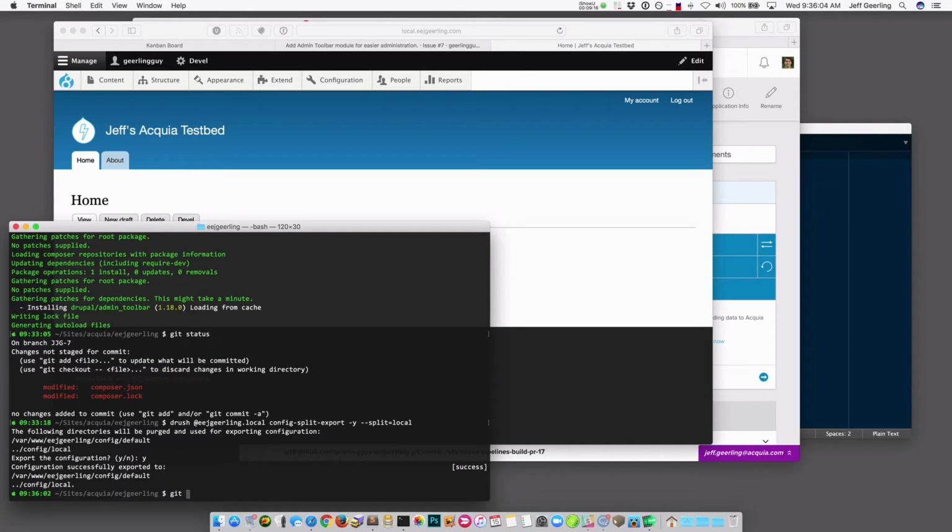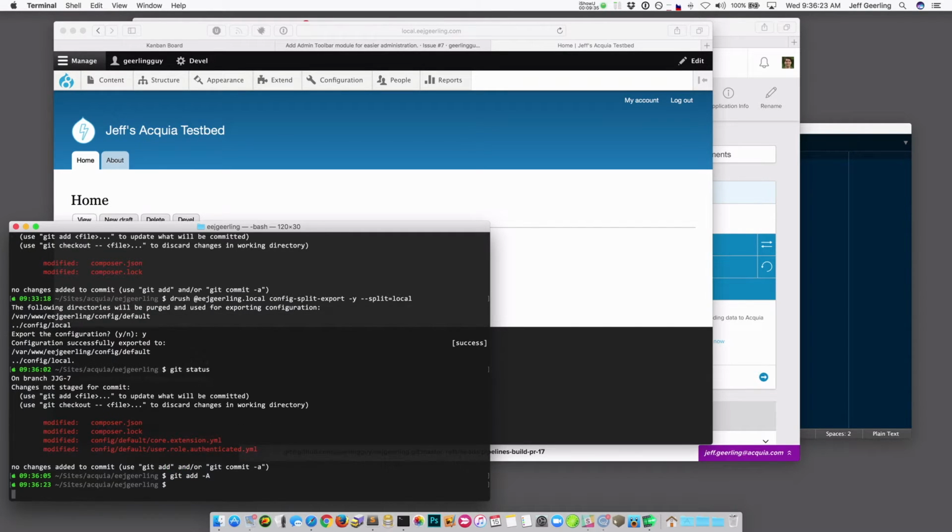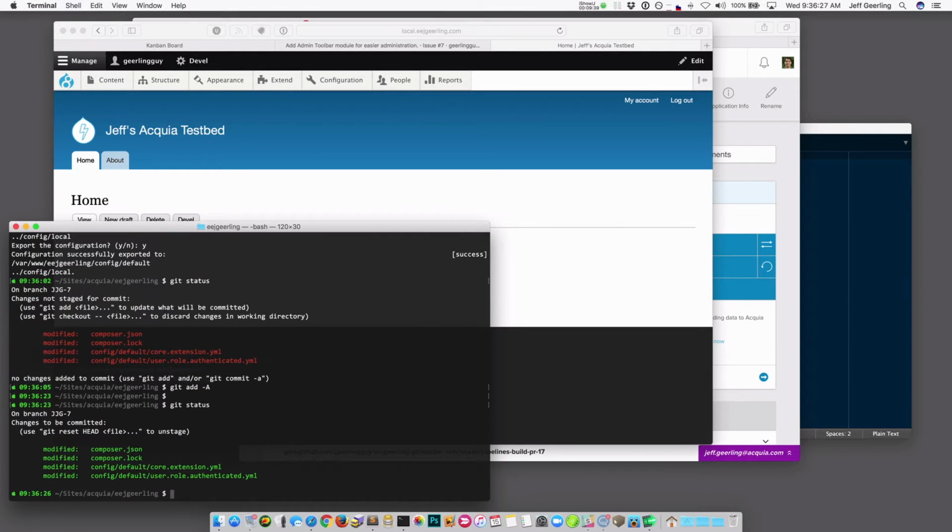And if I say git status, it should show a few changes here. So one is it enabled the module in core.extension.yml, and another one is it added that permission so that all authenticated users can use it. So now that I have the new module in the code base through Composer, and I have these configuration changes, I'm going to say git add all, just confirm that they're all there, and then I can say git commit